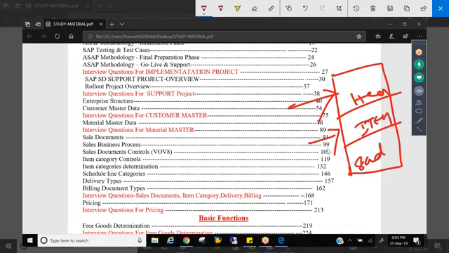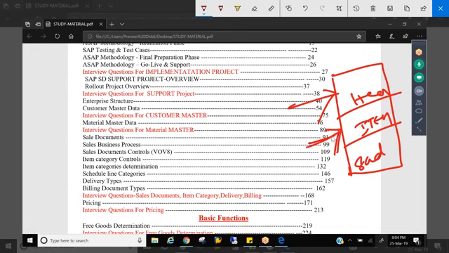That is item category. That means how an item should behave in a sales document. That means whether you should charge for that item or that is a free goods, whether you need to trigger a purchase order, whether you should have a schedule line or not. These are all things controlled for that particular material using an item category. So that we will be discussing today.